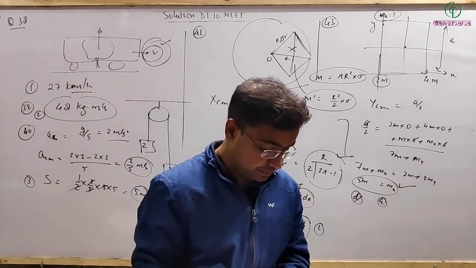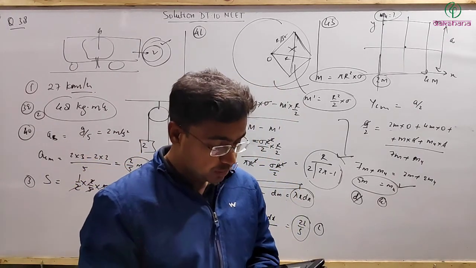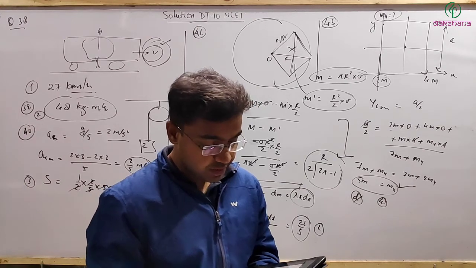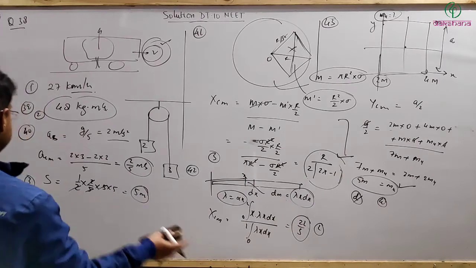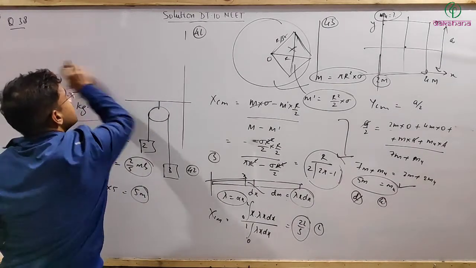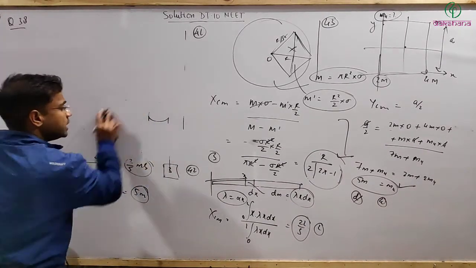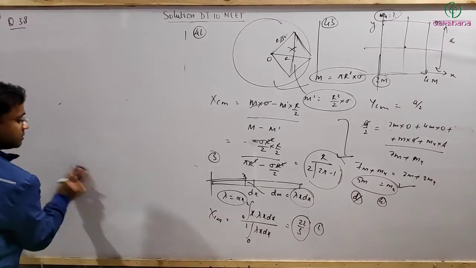Next question number 44. The position vectors of the two particles are given as r1 and r2 respectively. The position of the center of mass of the system,